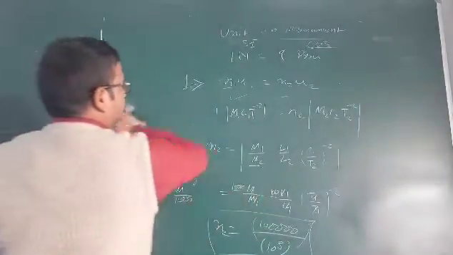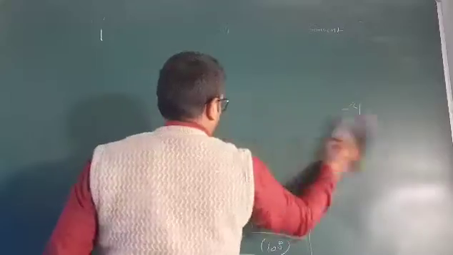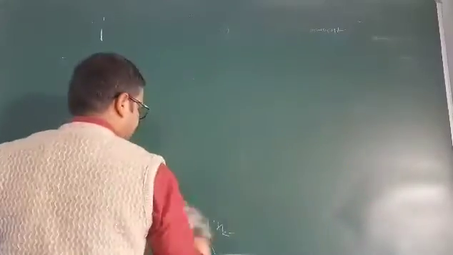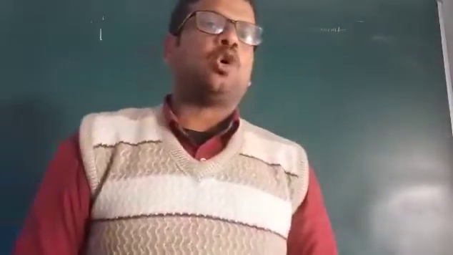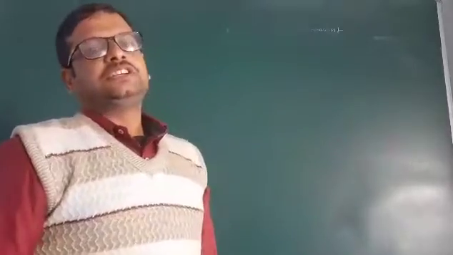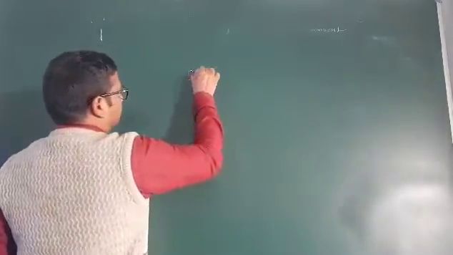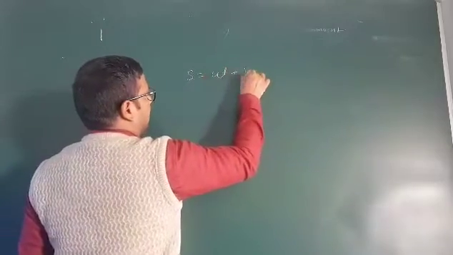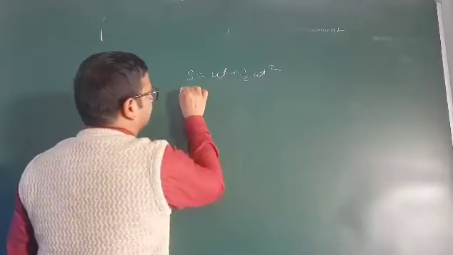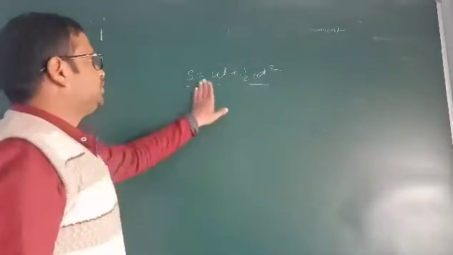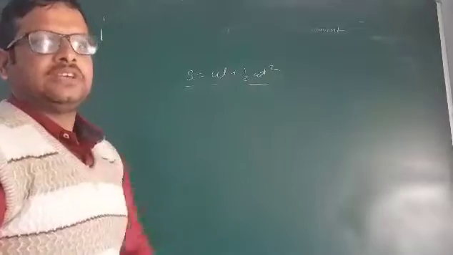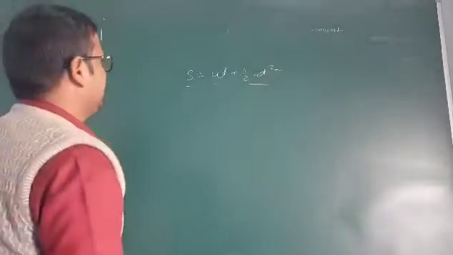Another use of the dimension formula, this is very important, which will come in your examinations. Dimension has one quality, this is called the homogeneity quality. That means each term has the same dimension. For example, you know s is equal to ut plus half at square. There are three terms, 1, 2, 3. In any equation each term has the same dimension.